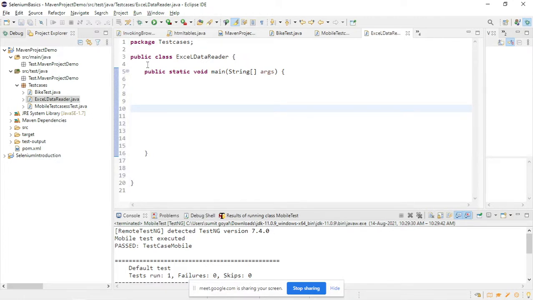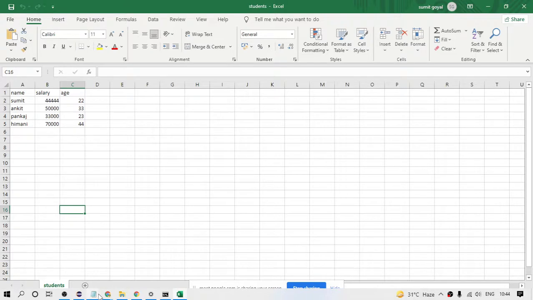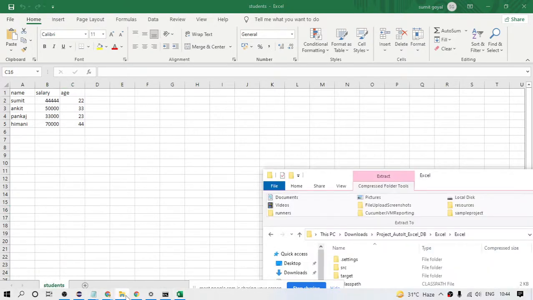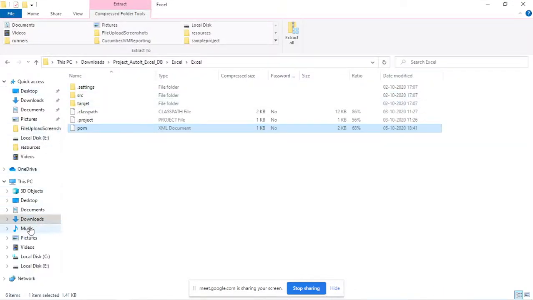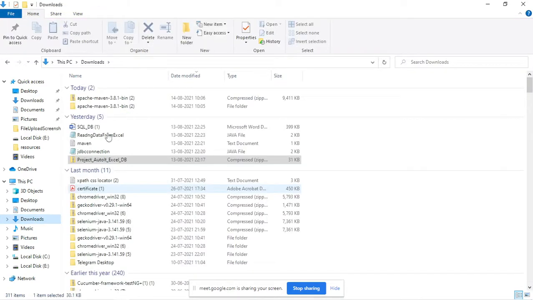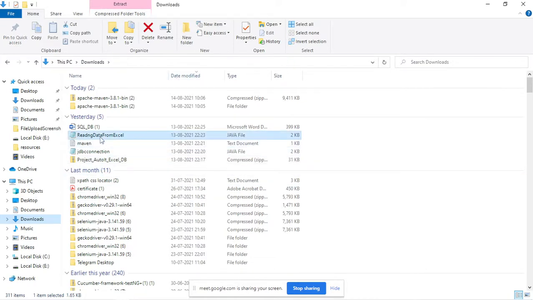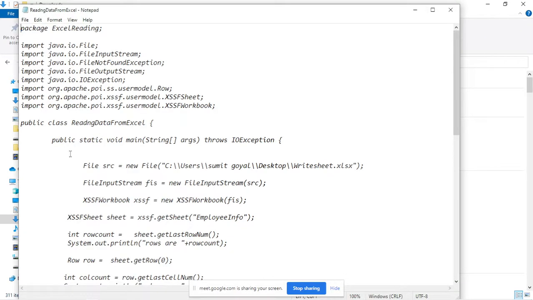As of now, let me use the main method. So first, okay, this is our main method, and what is this? This is our file name, right? So let me copy some code which I am already having, and go here.